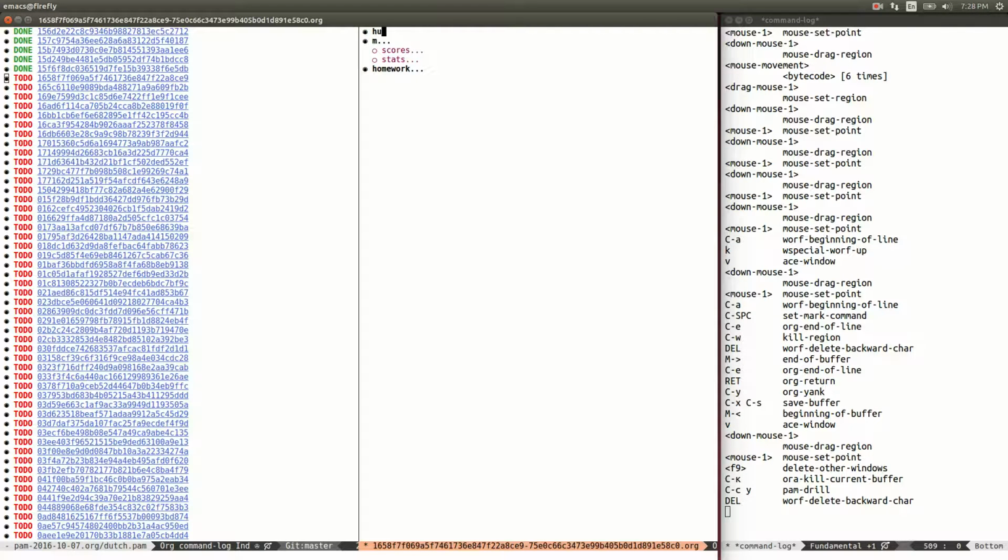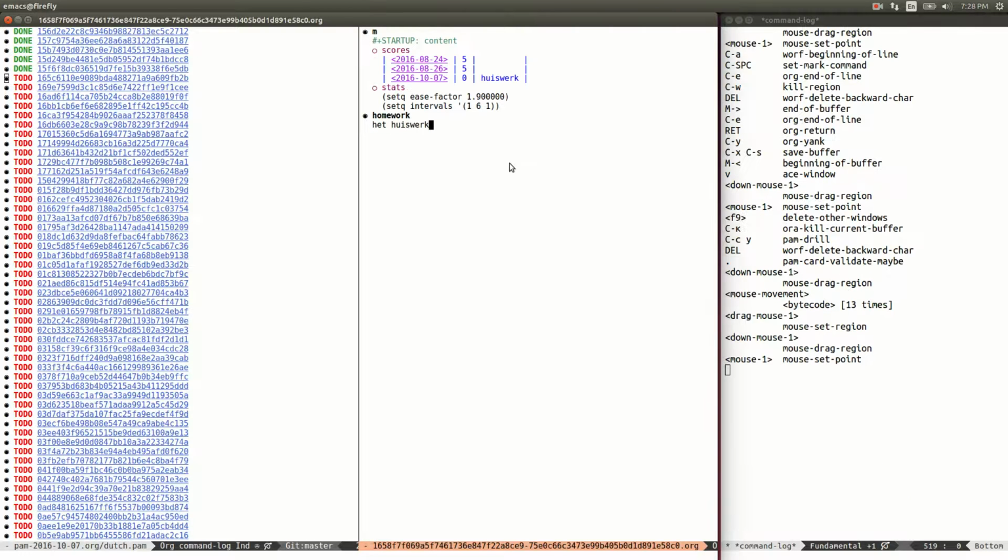Let's enter that. And here I get a 0 because I forgot the article. I was supposed to say het housewerk. And sometimes I think, okay, this is stupid. I don't really want to get a 0, so I press the